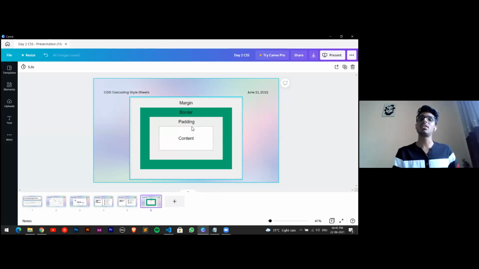So basically the element stays within itself, up to the border. And then whatever the margin is, it gets applied outside the border. So if we directly give the margin, the element will be applied and the margin will be applied outside the element. It won't be inside our element. There are some elements which need padding inside the border, and we don't need padding outside. So for that we need any spacing ahead of the border or outside of the border.